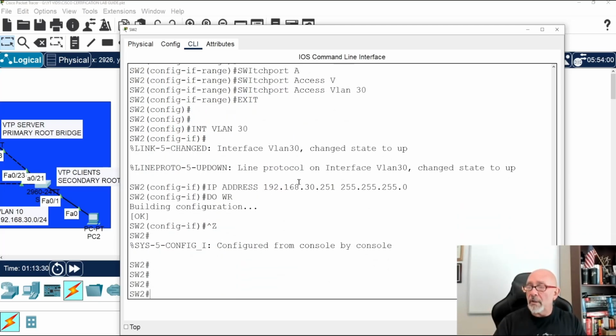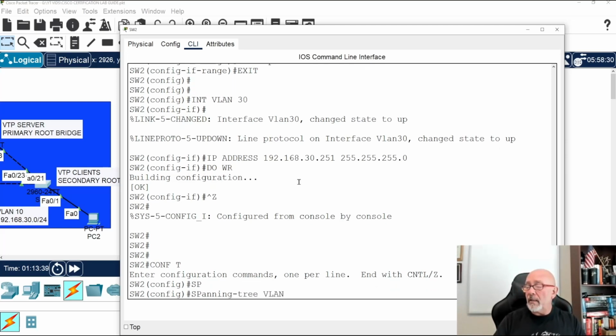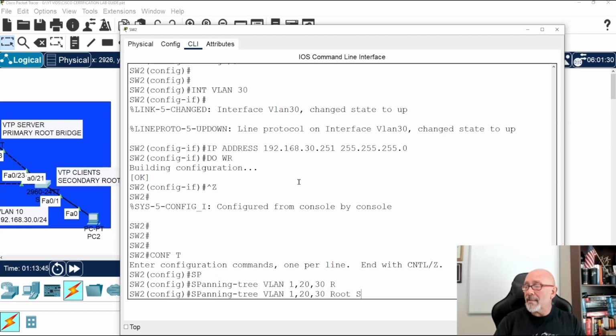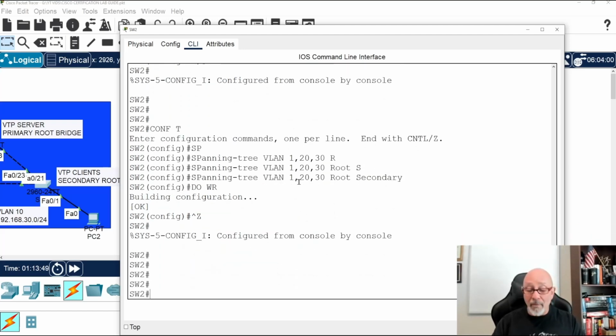But I forgot to do the spanning tree. So this is my secondary, a backup to the primary. So I'm going to do spanning-tree VLAN 1, 20, 30 root secondary. Cool. All right, so that's done.